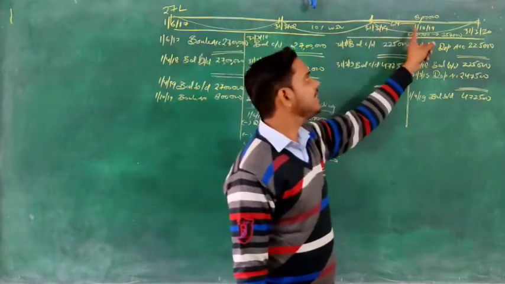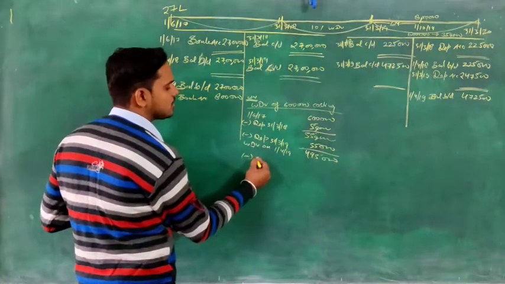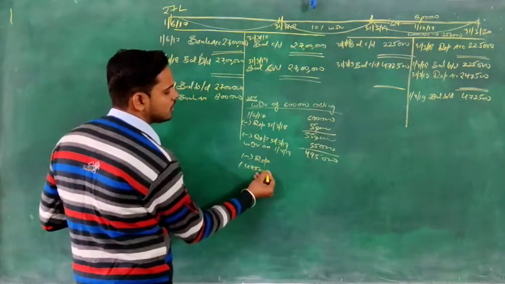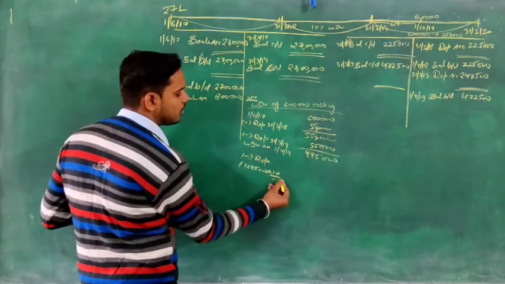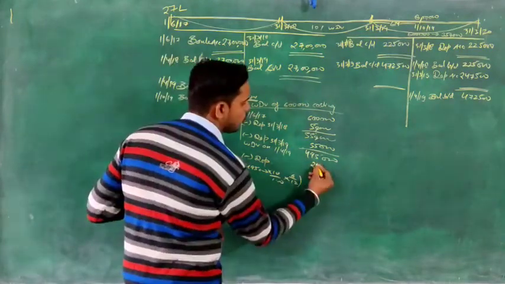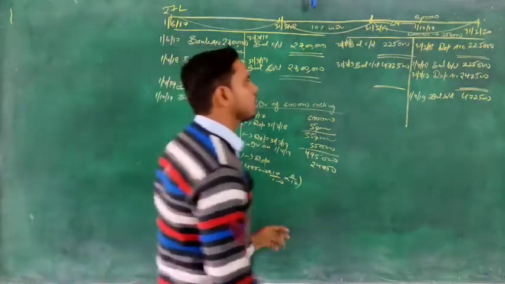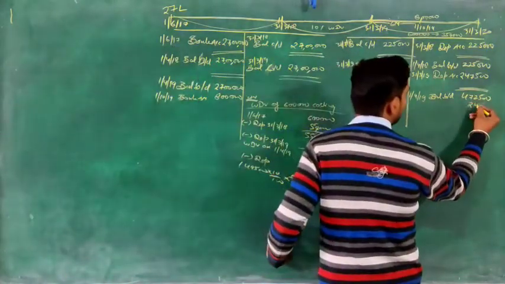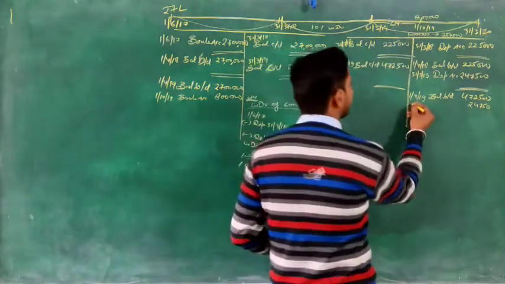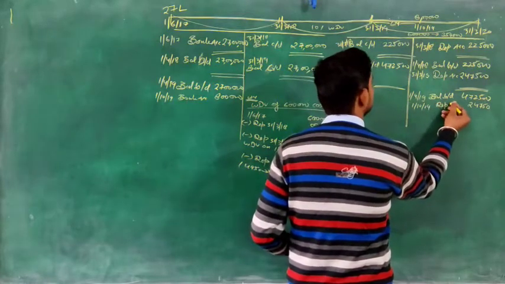Now you want to calculate 6 months' depreciation, so you can easily do it. You can calculate the depreciation. That will be how much? 4,95,000 into 10 by 100 into 6 by 12, since we needed 6 months, so 24,750. This is the depreciation that we need to charge now. So you can write here 24,750. Got my point? And we can write here, at the date of sale 1st October 19, by depreciation.